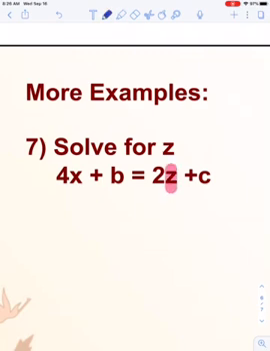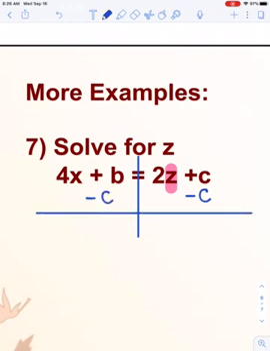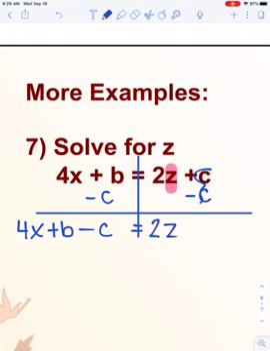So for 7, we're solving for z. There's only a z in one place, so I just have to start moving things away from it. The 2 is directly attached, so it's the last thing I'm going to move. So I have to move the c first. I move the c by subtracting it because it's being added. So I subtract it from both sides. On the left, I do not have anything else with c's, so it's actually just going to get tacked onto the back. So 4x plus b minus c, just all in a line, equals